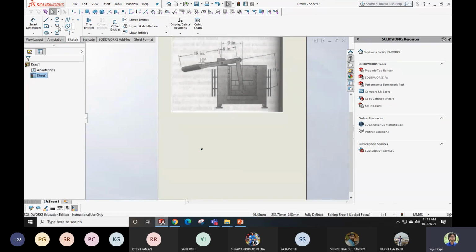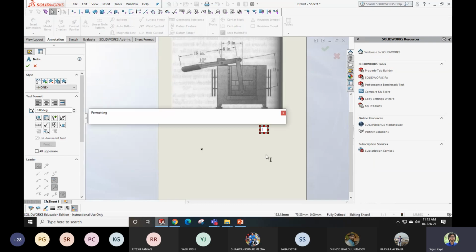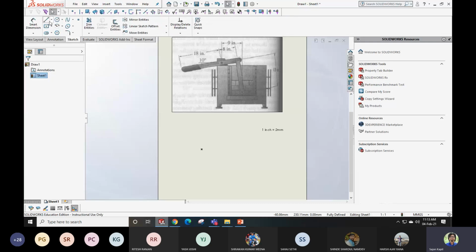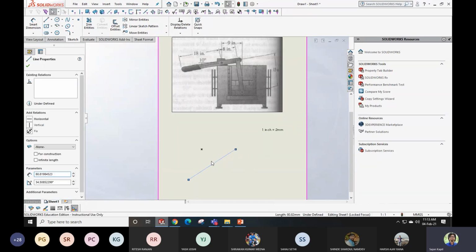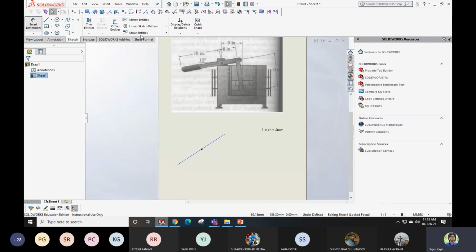Now, as for my scale, like I said, I'll give an annotation saying that my scale is 1 inch equals 2 mm. Okay, fine. In that case, now I'm going to draw these linkages. Correct. So this is my first link. I have randomly created it first somewhere. This is a line passing through this. So this line coincides with this, of course. And the dimension is given.